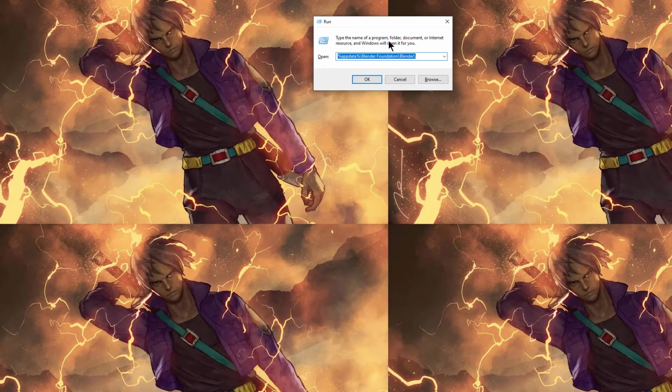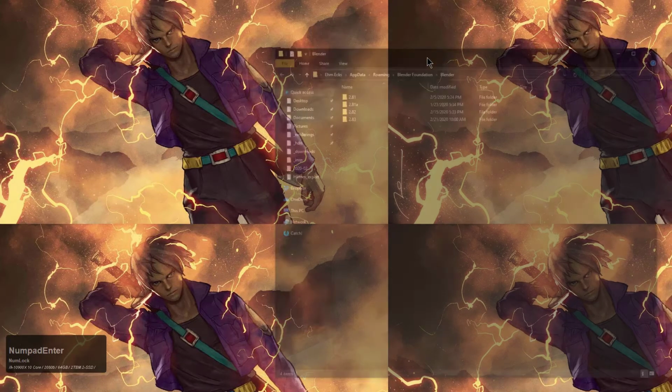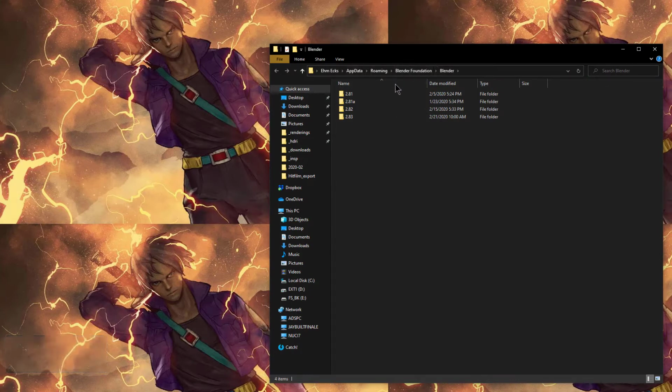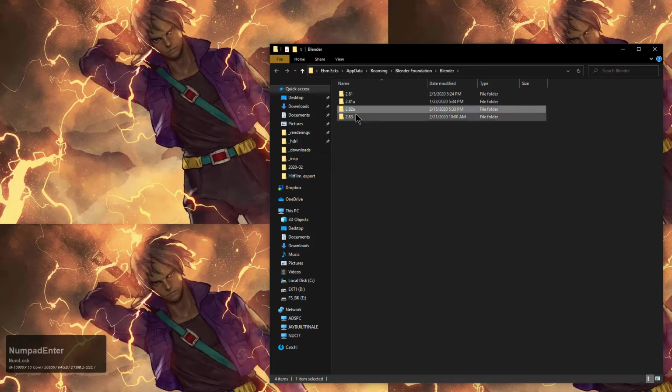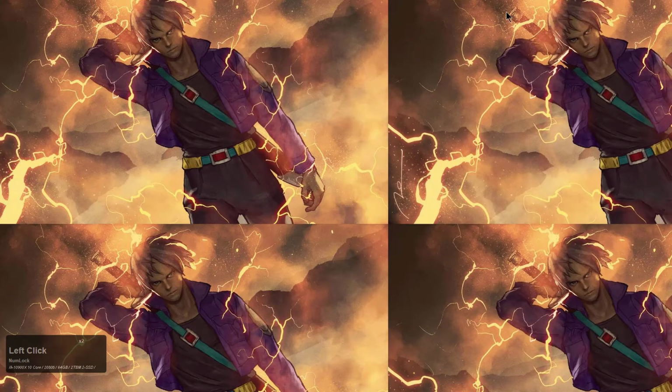For Windows users, holding down the Windows button and pressing R will bring up the Run window, where typing this in will bring us up to the roaming location of the Blender installation. And for the purposes of this demo, I will be renaming my folder to be 2.82a, since we're running Blender 2.82. And I'm just going to be running the Steam version of Blender,